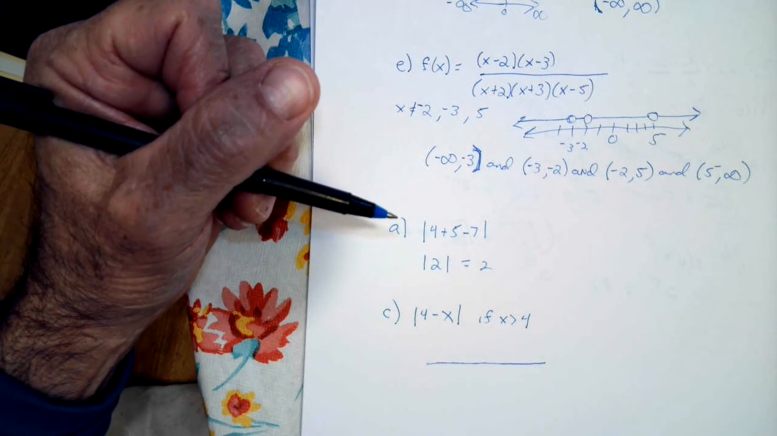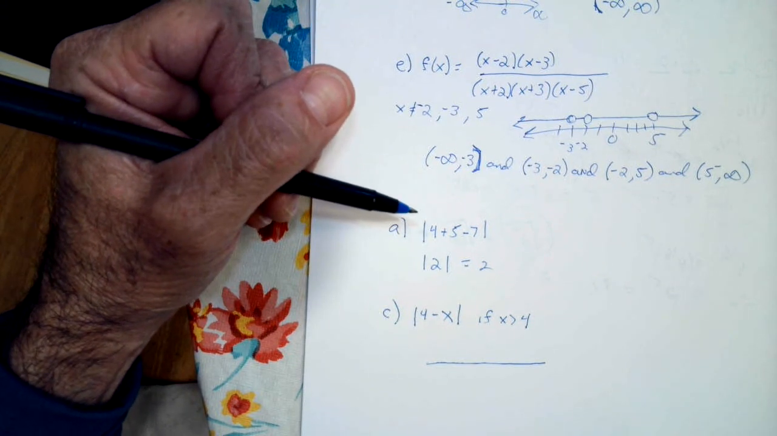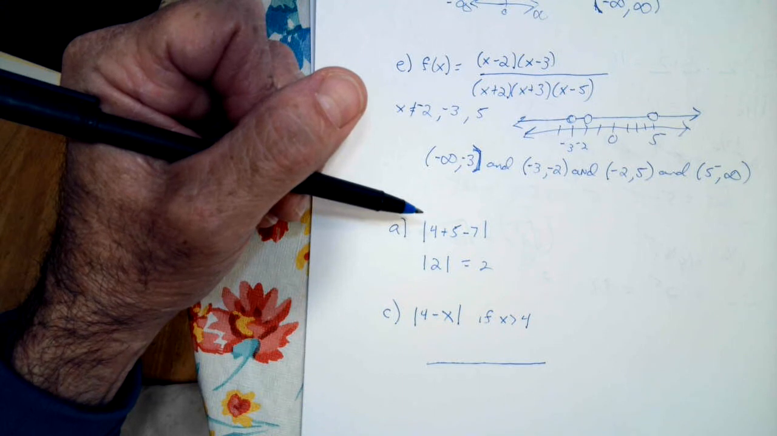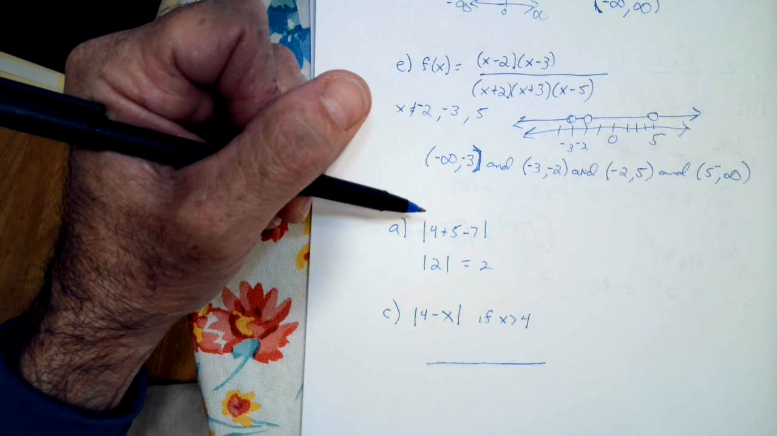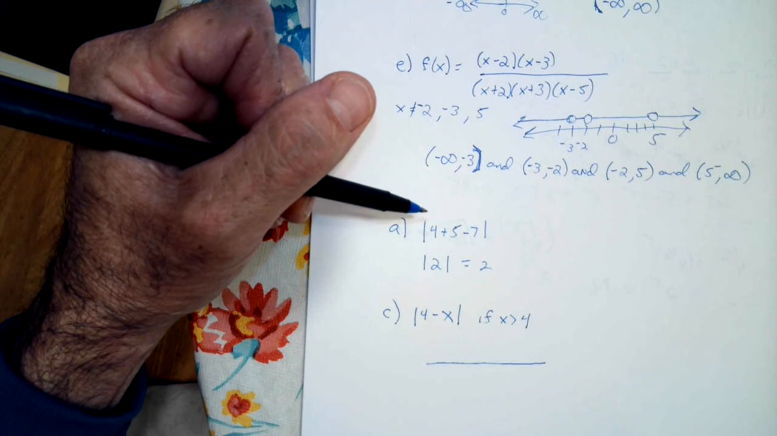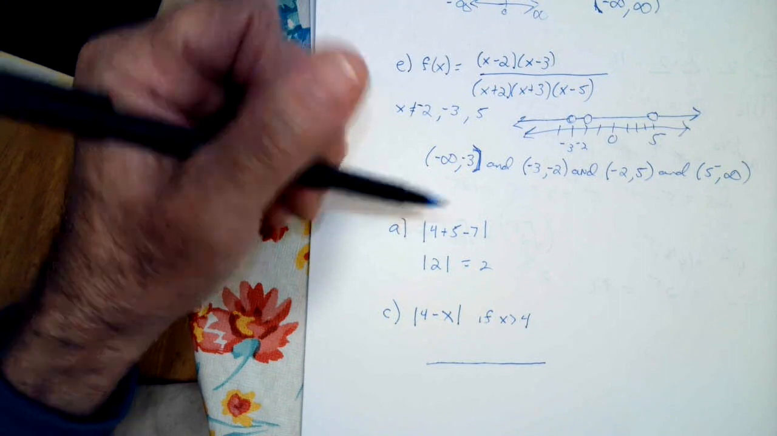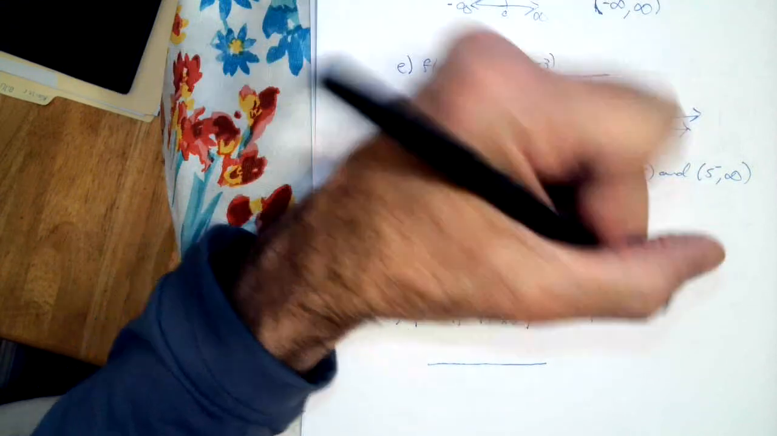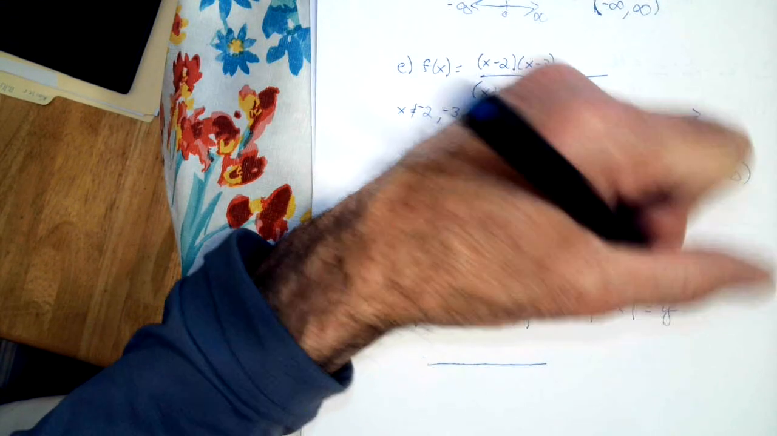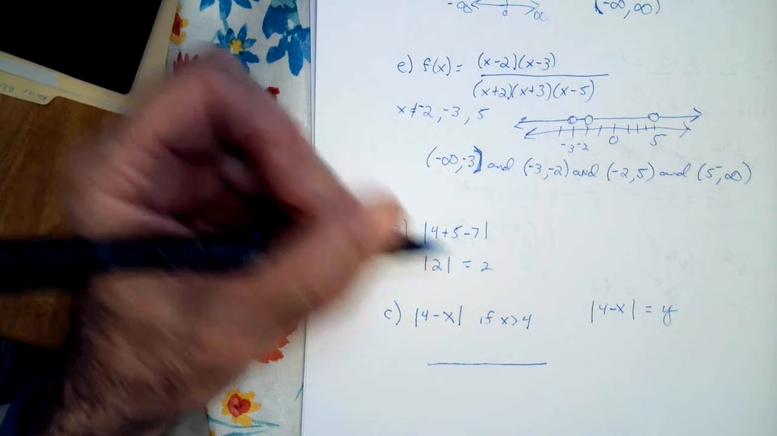If X is bigger than 4, basically I'm going to think of this as, I'm trying to wait and think. Here's what you want to be looking at. I'm going to say 4 minus X, absolute value, equals Y. And I want to graph that. What that means is that if I was going to graph this,